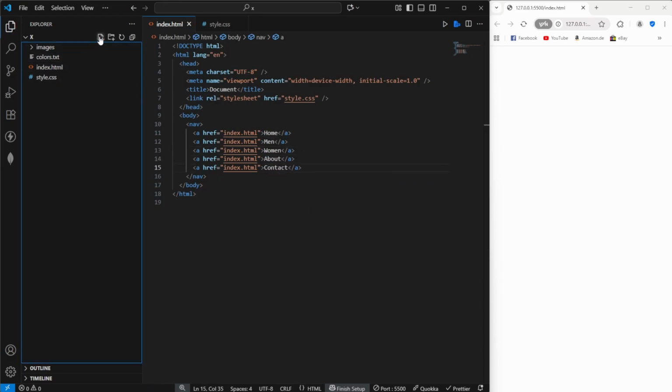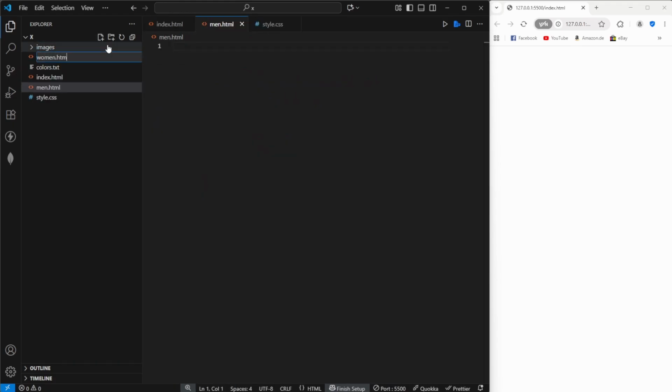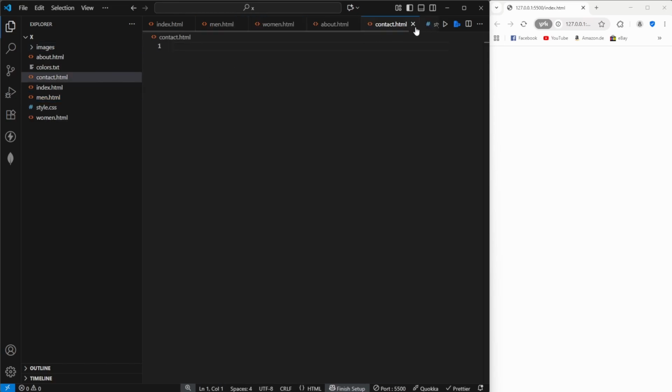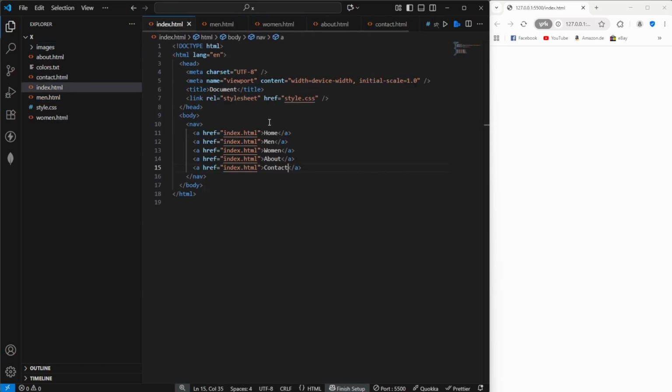And now we maybe have to create those pages. So we can, for example, say man.html, women.html. So now I've created all of those pages. So let's go inside of our index.html, and let's say we are here targeting our man.html, our women.html, our about.html, and our contact.html. Once we save this file and open it inside of our browser, we have this navbar basically,